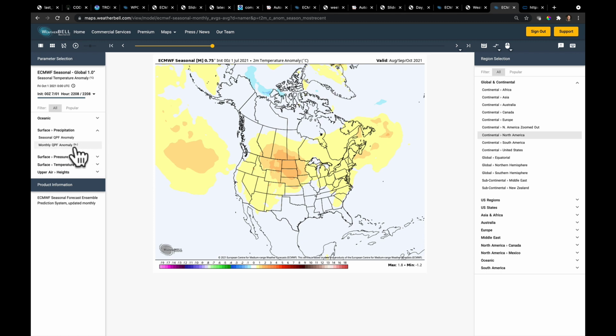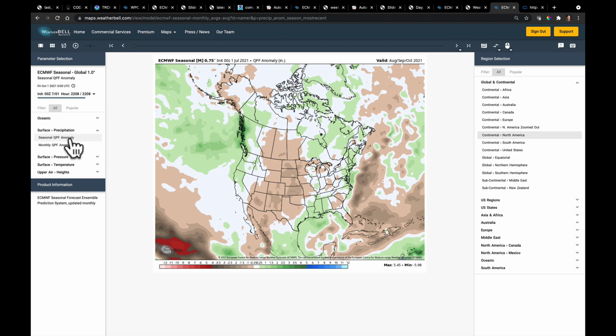On the precipitation side of that thing, let's take a look here at what we're expecting. You notice that the model is driest compared to normal in the plains, wetter along the Gulf Coast, and possibly wetter along the East Coast, but you don't notice any really strong patterns that we can just latch onto and say, this is the way things I think are going to shape up. That's largely due to the fact that right now, the long-range signals like the movement of the MJO or atmospheric momentum, well, the MJO is going into null space and atmospheric momentum is low, but not necessarily in the northern hemisphere. So I'm going to ask you to take this with a grain of salt